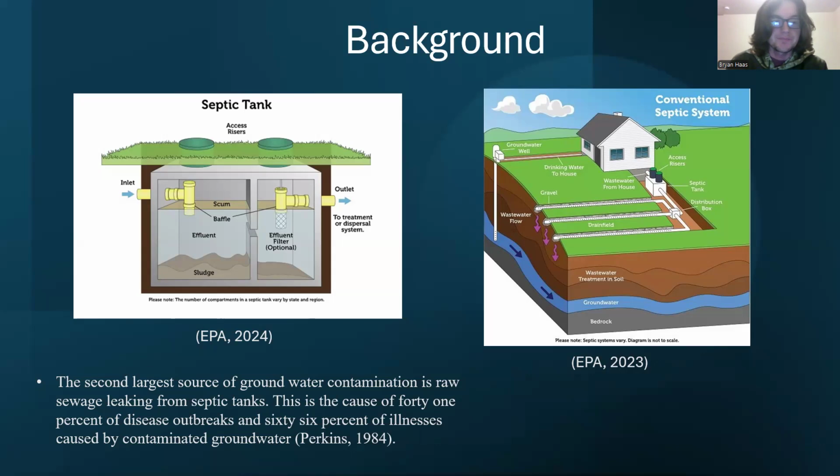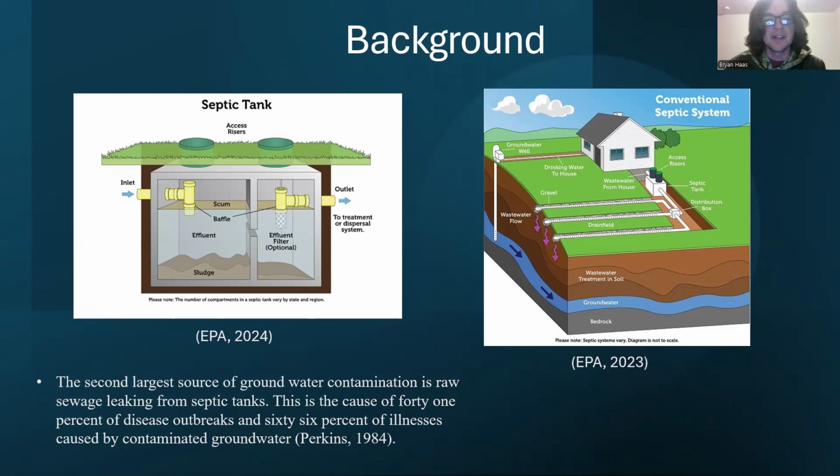In the first figure, the inlet takes in all liquid and solid waste from a business or a household, and it comes in, and the effluent is any liquid, the scum is any solids that float, and the sludge are any heavy solids that sink to the bottom. This first chamber is designed to capture all this. The second chamber of the septic tank is designed to capture anything that makes it through that middle little compartment there.